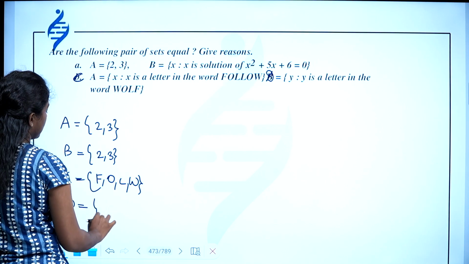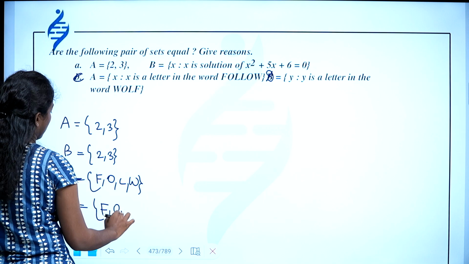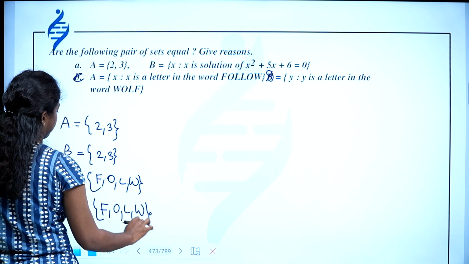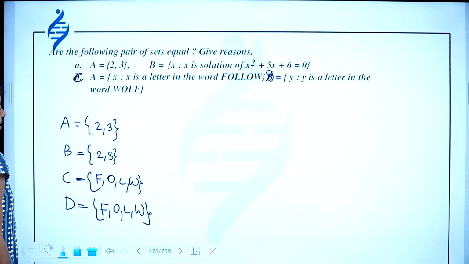So this is also F, O, L, W. So you can say A equal to B, and